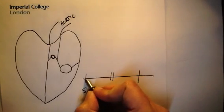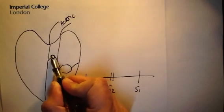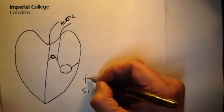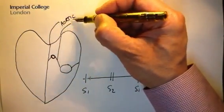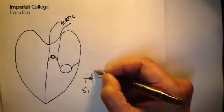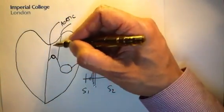And so as systole starts, you hear nothing, and then as the pressure rises, it pushes the blood through this narrow valve, and when it exceeds the aortic pressure, you get a flow of blood. And of course the flow of blood initially is slow because the pressure here is so high, and therefore you get a very soft murmur, but it gets louder and louder as systole progresses until there's maximal flow in the